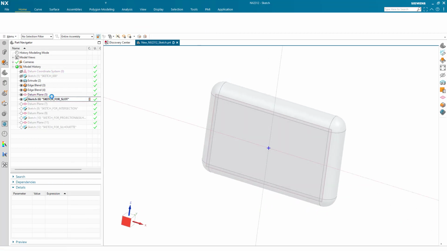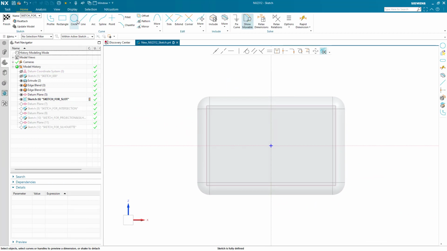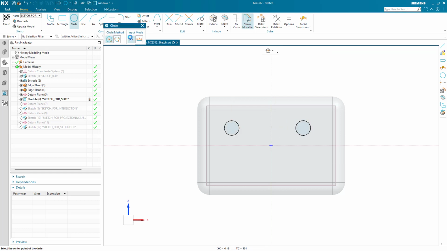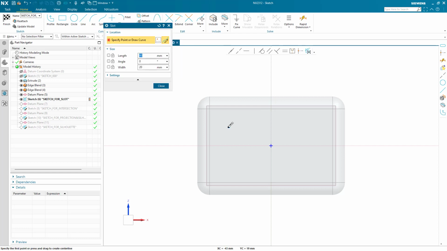So I'm just going to go ahead and make this my current work feature. In the old method, you might have had to come in here and draw multiple circles or arcs and then draw some lines that would create tangencies to those arcs or circles. Maybe do some trimming if you use the circle method. That all goes away and it can be quickly created with the slots tool now.